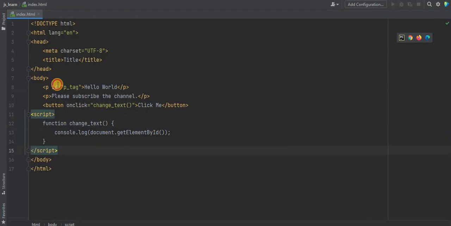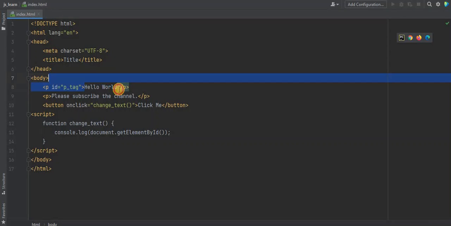So I can use this ID attribute to access this element, and then I can use the innerHTML to grab all the HTML code that I've written between these two tags. So let me show you how. Here I will write the same ID I created.